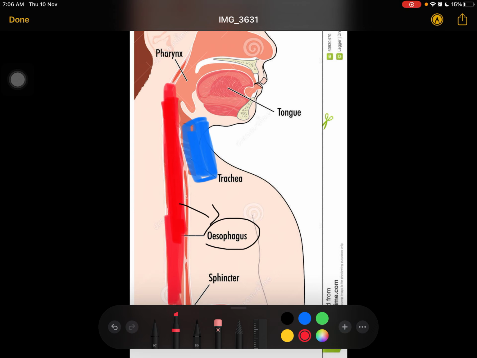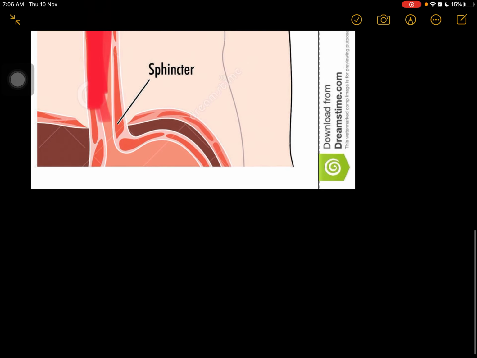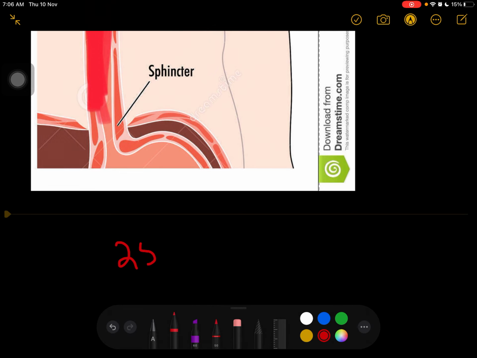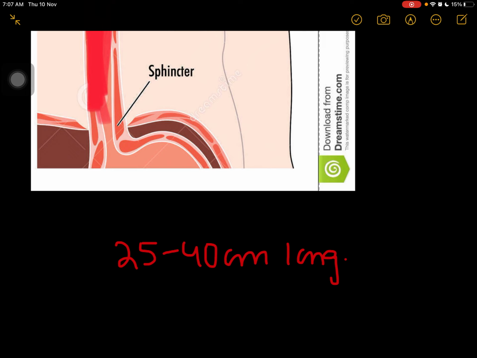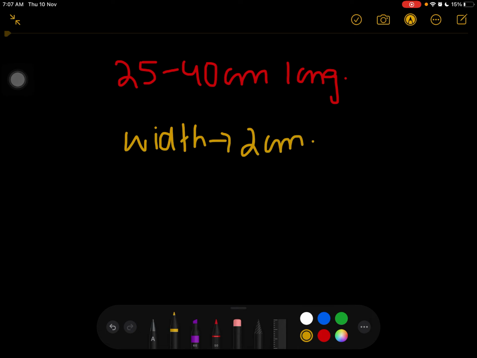So let's talk about the size of this esophagus. Basically it is about 25 to 40 centimeters long, and it varies from age to age and from height to height of the person. And its width is almost 2 centimeters. And generally, what's the location of this esophagus? So the location over here is